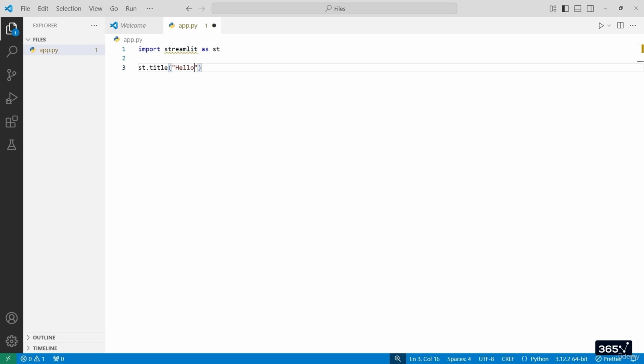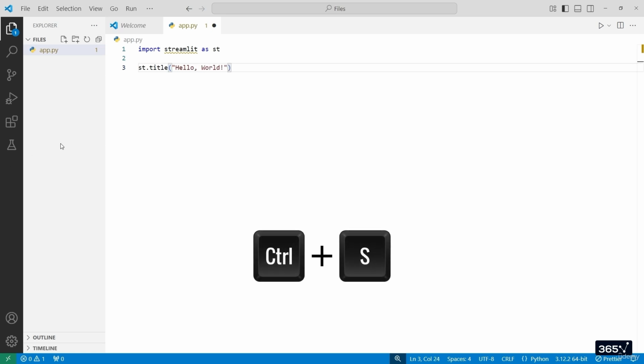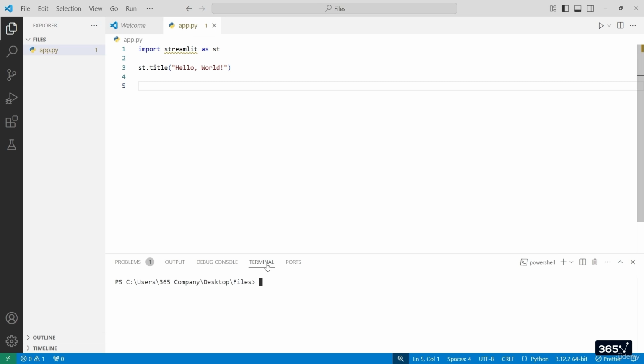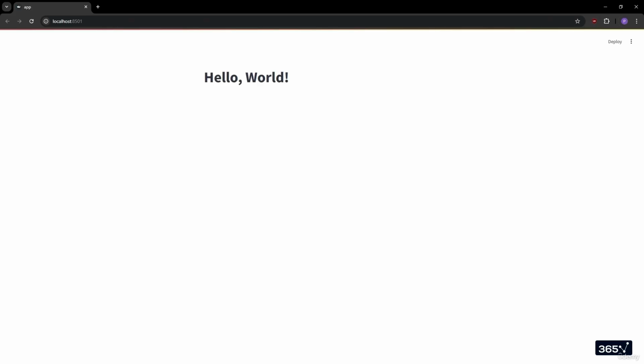Pass the string hello world as an argument. Now click Ctrl and S on the keyboard to save our changes to the file. Run the app by executing the following command in the terminal. Streamlit run app.py. This will start a Streamlit server, and a new window should automatically pop up in your browser,